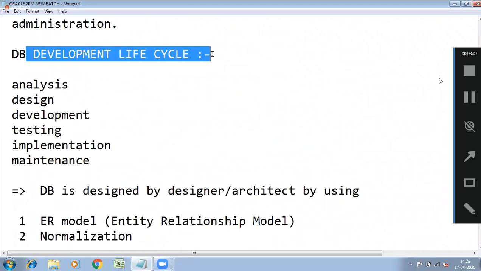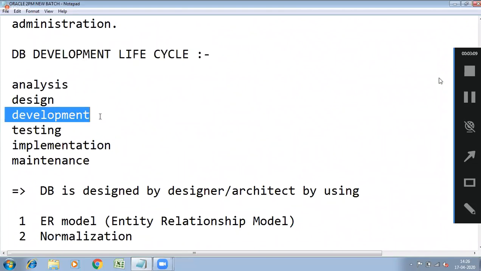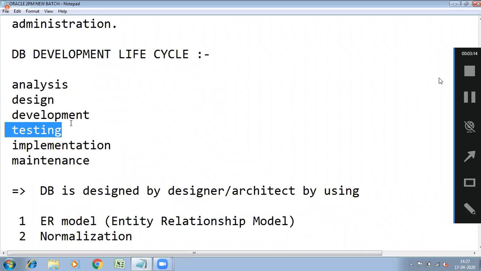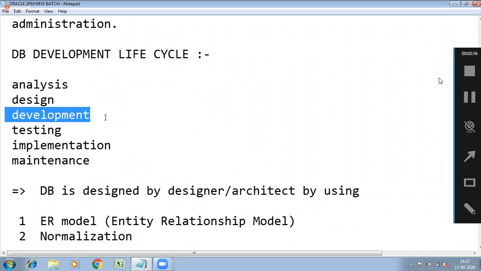Okay, in the life cycle, Oracle is used for this. Oracle is not used for this. Oracle is not used for this. Oracle is used for what? Development, database development. Okay, then